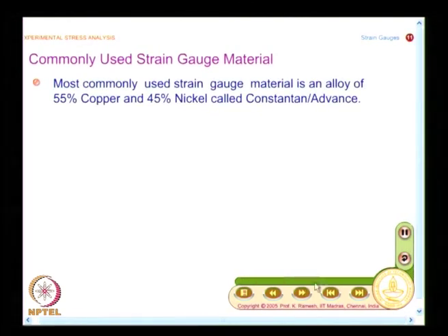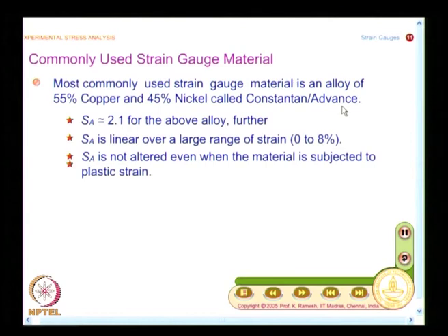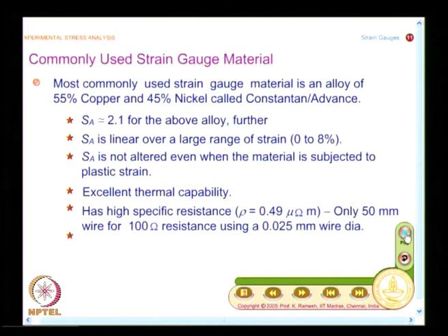And what is a commonly used strain gauge material? For most of the resistors that were available at that time, they had only Constantan or Advance. It is a very good strain gauge material, and it is an alloy of 55% copper and 45% nickel. The advantage is the strain sensitivity of the conductor, S_A, meaning the conductor. We have still not looked at the strain sensitivity of a strain gauge; we will take it up and look at the various aspects of it later. It is about 2,